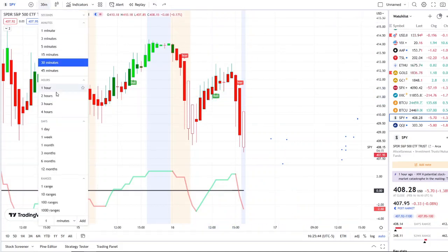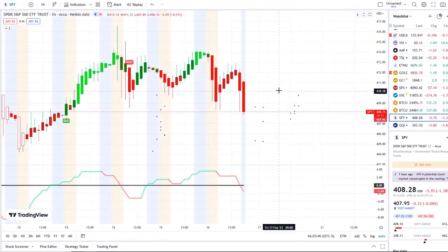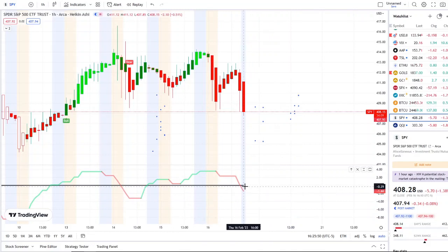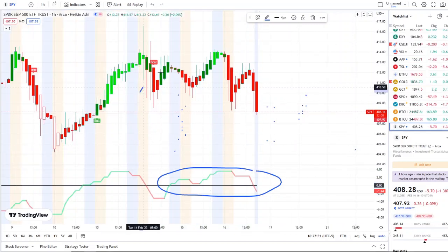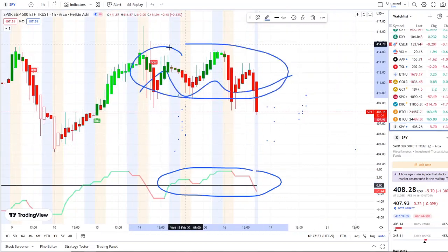So when we zoom out here and we look at this from the 1 hour, we could see here that the outflows have crossed for the first time since the inflows picked up on February 14th and stayed above until today, guys. And this is crucial and this is critical because within this volatility, we've had a bear indicator all along here